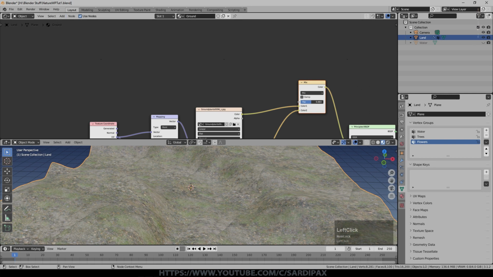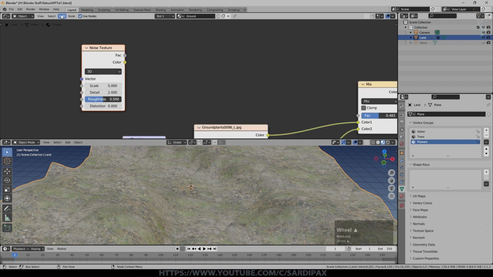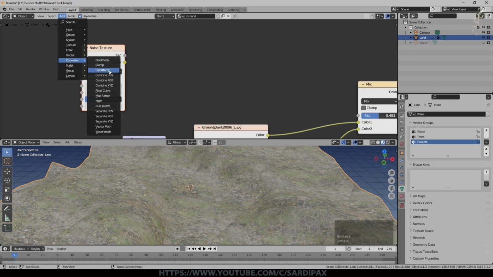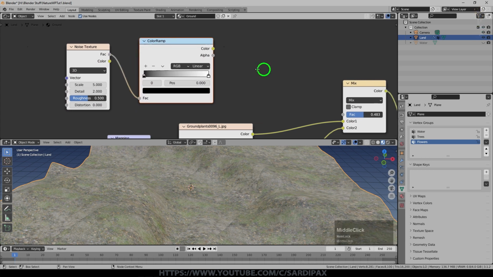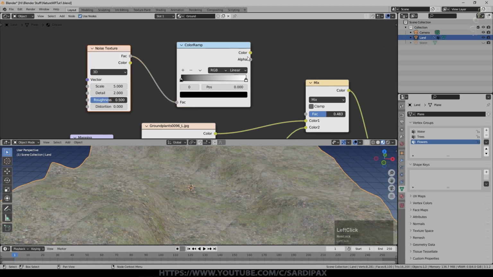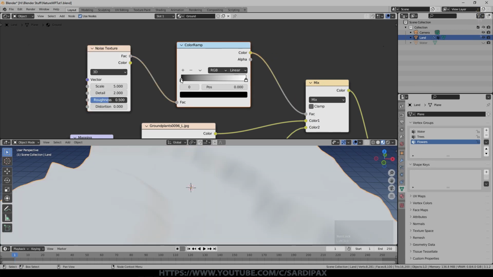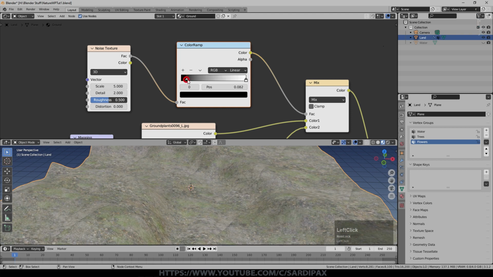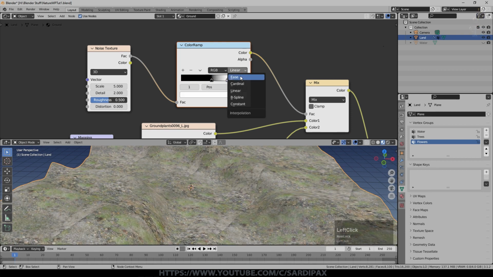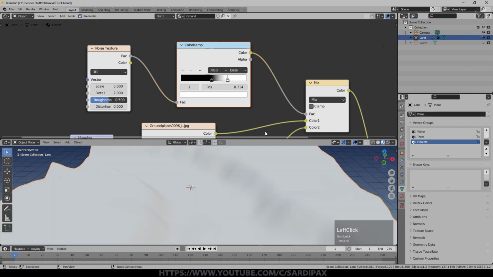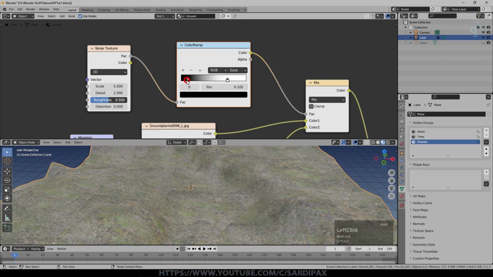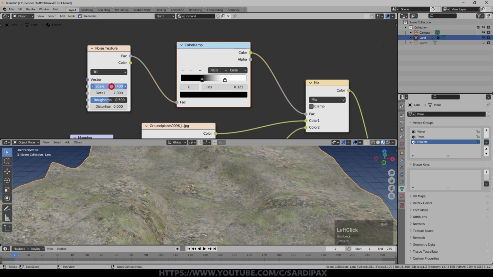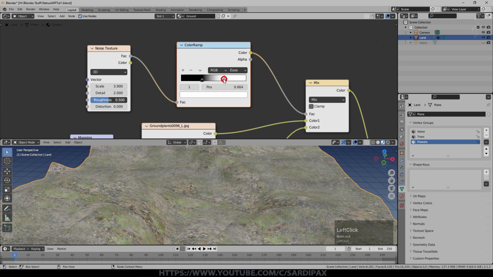So I'm now going to add under texture a noise texture. Also going to add under converters a color ramp. We'll put the factor output of the noise into the color ramp. And then I'm simply going to control my mix node with the output of that color ramp and bring these two control points quite a bit closer together, and I set them to ease as well to give a more gradual change from one to the other. And you don't have to just do this with two, of course, you could use more than two. And another element is the size of the noise. So you can see how that's drifting across the two areas.